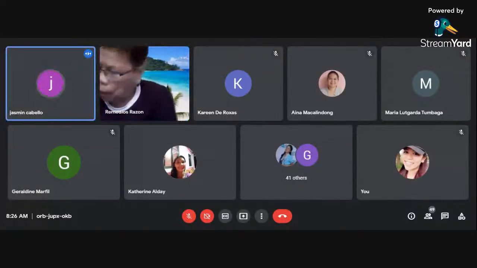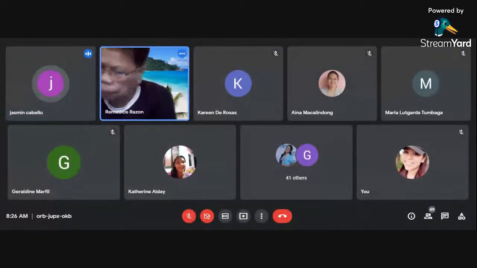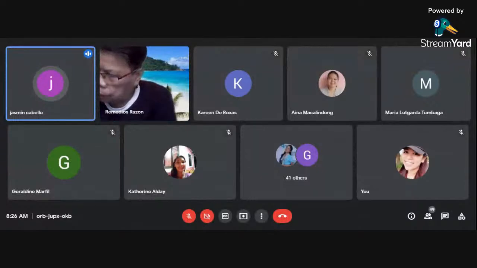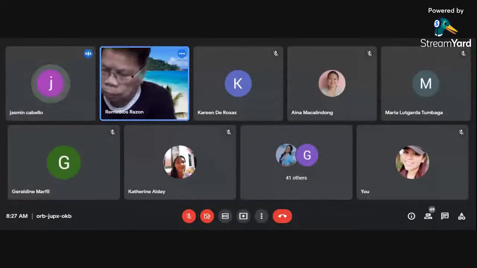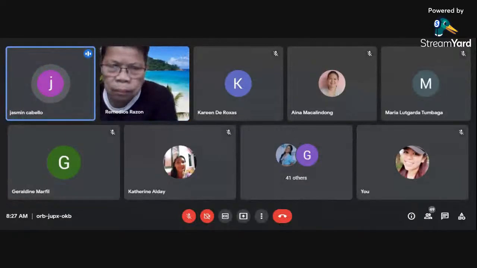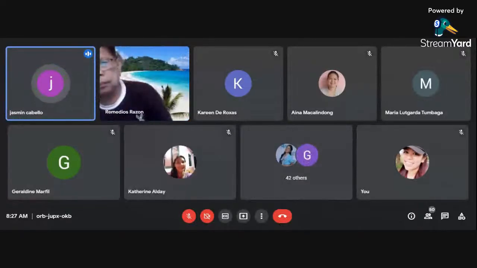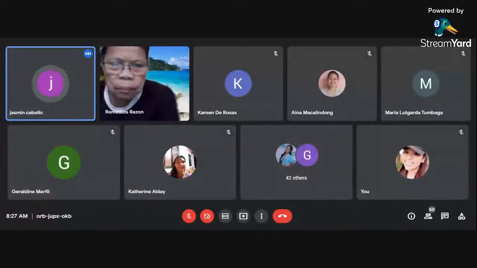Sige, ma'am. Sa Learning Way po kasi, we are 200 plus teachers. During this time of pandemic po, wala na pong nangyayaring general faculty meeting. So, ang ginagawa na lang po ng principal para magkaroon ng communication ay nag-meeting po siya with the department heads, and then the department heads na lang po ang mag-meeting with the department teachers.